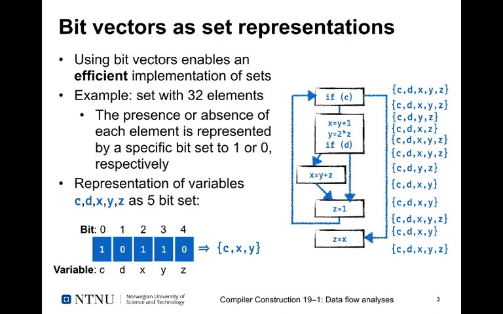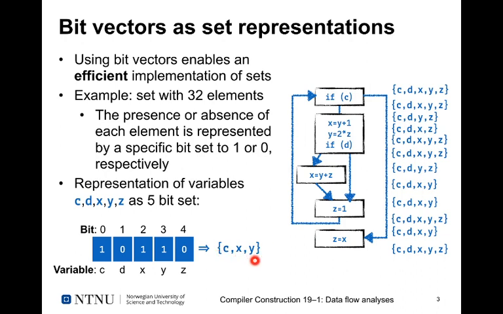And so, for example, we can represent the variables in our previous example here as a 5-bit set. We have 5 variables here, C, D, X, Y, and Z. And so we could assign them to a 5-bit word consisting of bits 0 to 4. So bit 0 would represent variable C, bit 1 would represent variable D, and so on. So with this example here, 1, 0, 1, 1, 0 would mean we have variable C as part of the set, variable D not as part of the set, variable X and Y are again part of the set, and variable Z is not included,